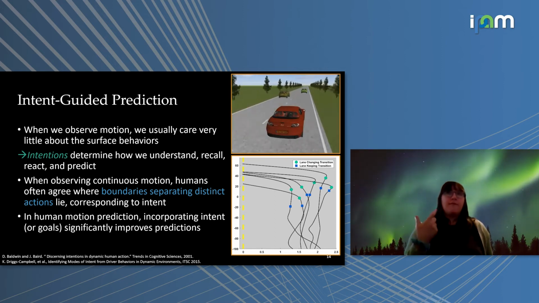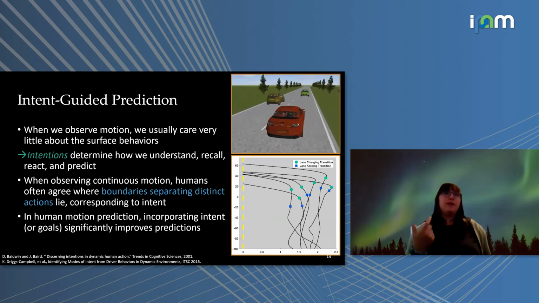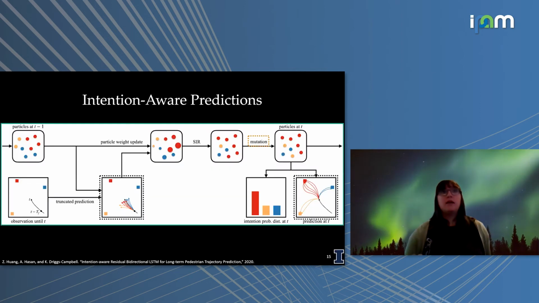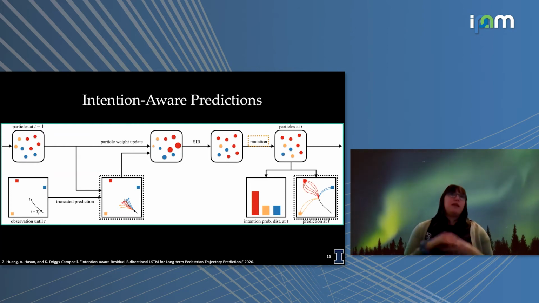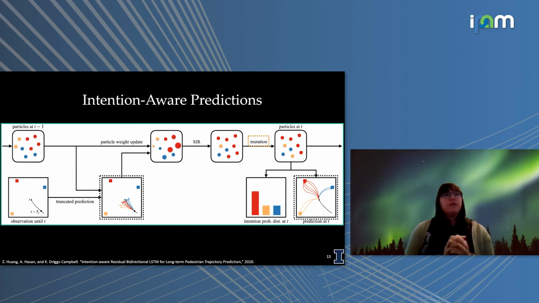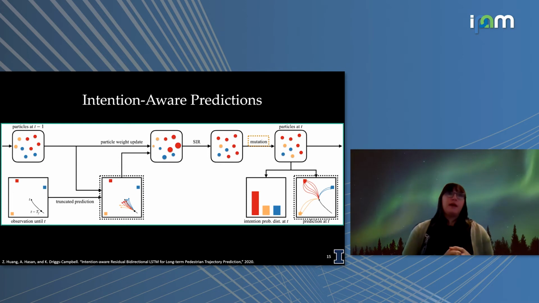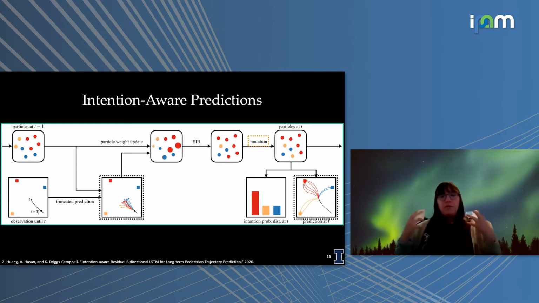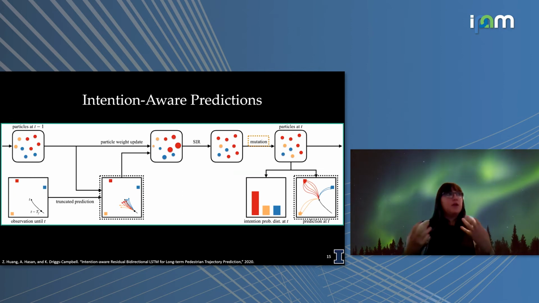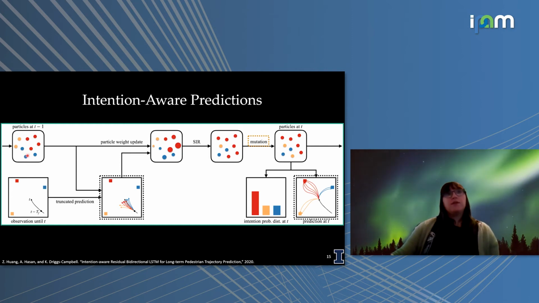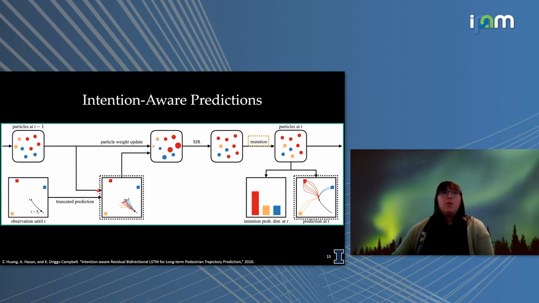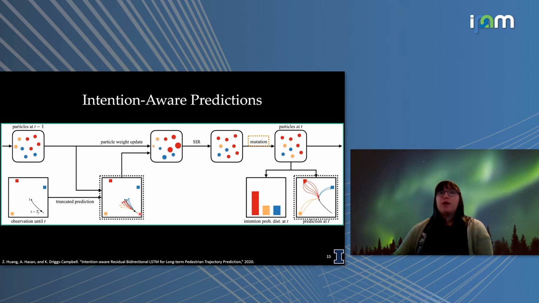Okay, so first we want to figure out a way to infer the intent of these agents. So we present this framework, which will allow us to come up with an intention-aware prediction. And we're going to infer this intent using a particle filtering framework. For the most part, this is not exactly a new idea. This is a fairly standard particle filtering approach. But we have these particle filters, and we initialize them with different intents or different goals. We use this to generate trajectories or predictions from these intents.